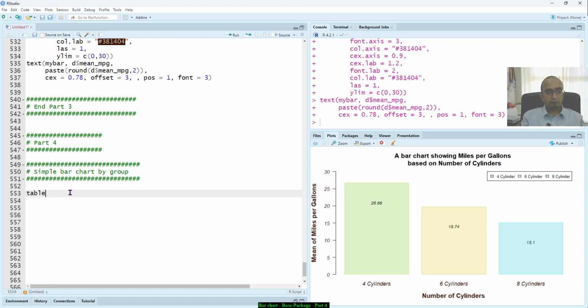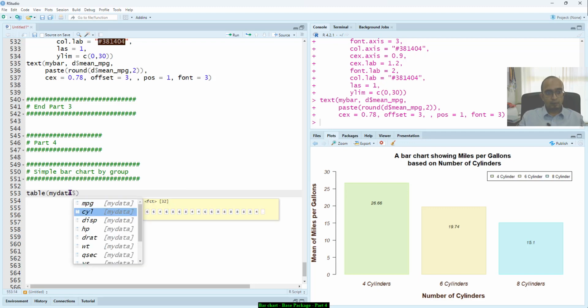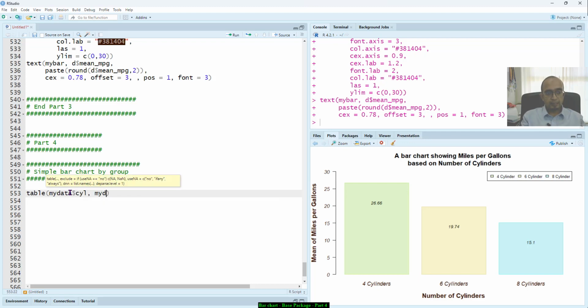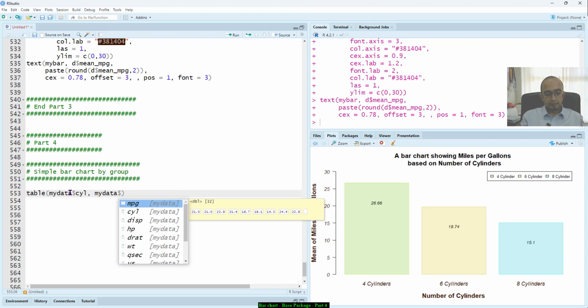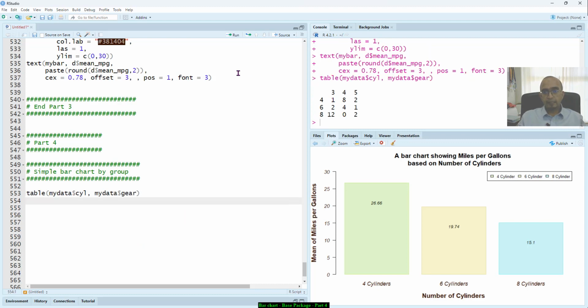Let's say I have two categorical data: my data CYL and my data gear. If you look at the table, this is what we call a 2 by 2 cross tabulation table. CYL is represented by row, and number of gear is represented by